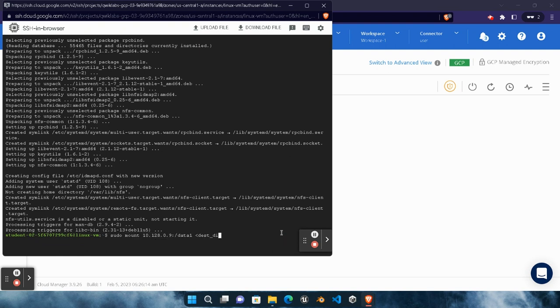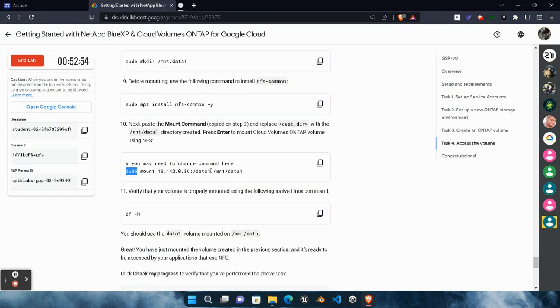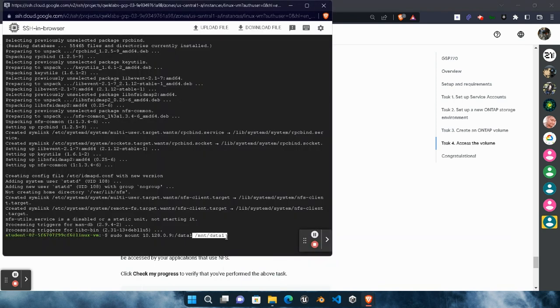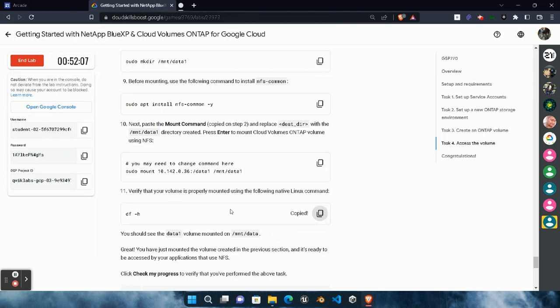Now start removing this whole part till the data1, remove it. Now come back to the lab, copy this with the spacing, extra spacing from here to the data1, copy it carefully, come back to the terminal, paste it in the terminal. Make sure after data1 there is an extra spacing, a gap. Okay, now hit enter button,